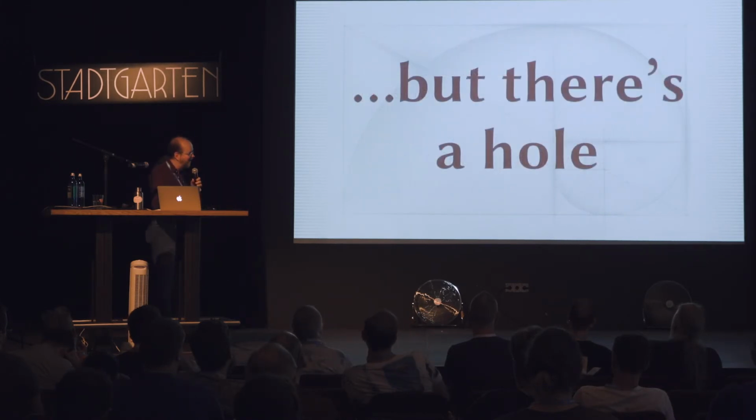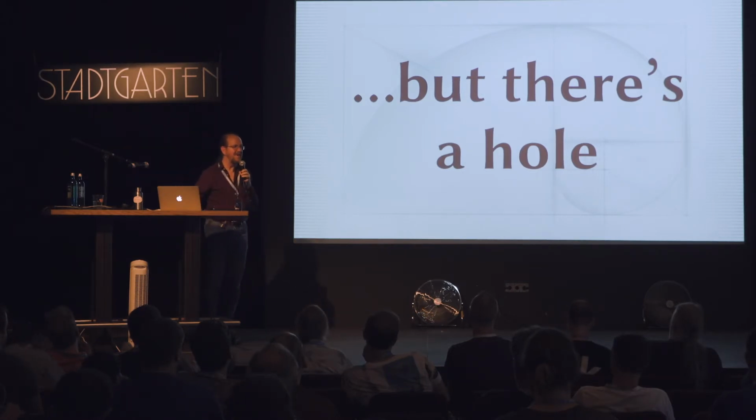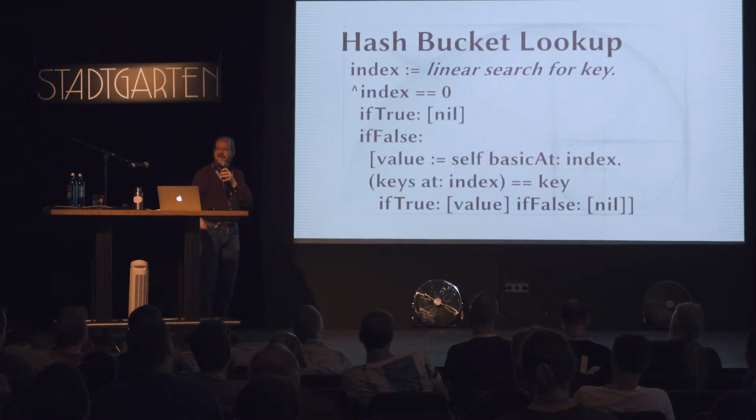But when I was preparing this talk, I found, hey, look, there is a hole in that logic. Does anybody know what that is? There's theoretically a way to get the wrong value for a key out of this. So, if you delete things,